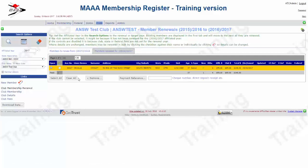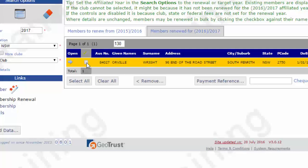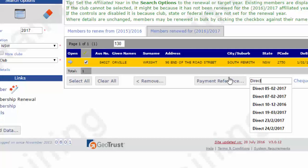The club registrar or secretary could continue on bringing in new members using the wizard, and at some point in time he's going to arrange for a cheque to be written or a direct deposit to pay the state and federal fees for the relevant members. And the way this is done is by ticking beside the ones that he is paying for, entering a payment reference. This might be cheque, or it might be direct, and I think we'll use direct,